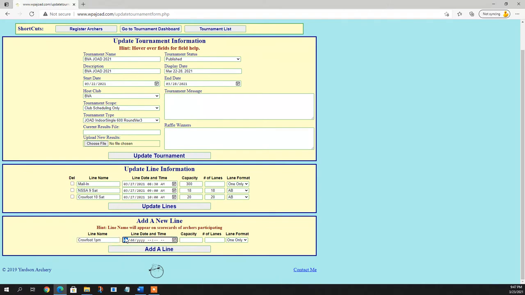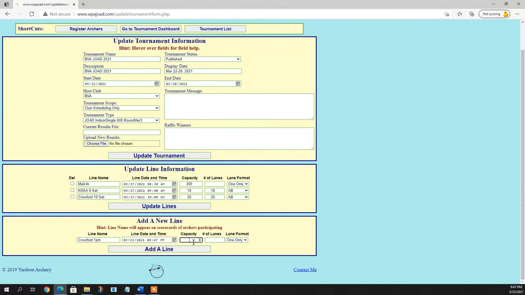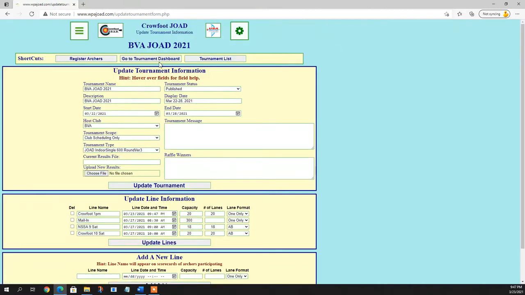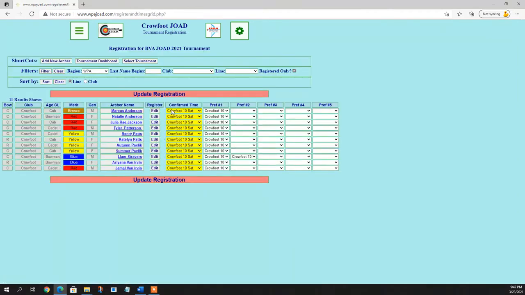So the date and time is important in the fact that it will put in the capacity, the number of lanes, etc., and it'll also sort in order of the line shoot times. So when you add a line, it gives you a little successful message, and of course, when you come back to the tournament dashboard and you want to register for it,